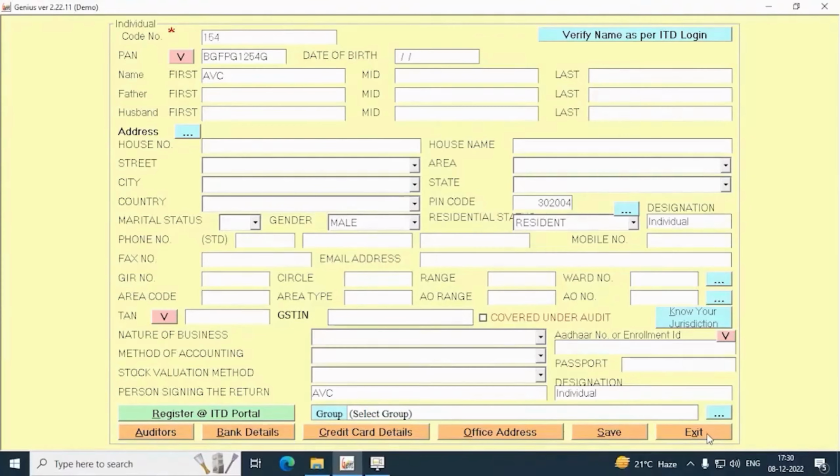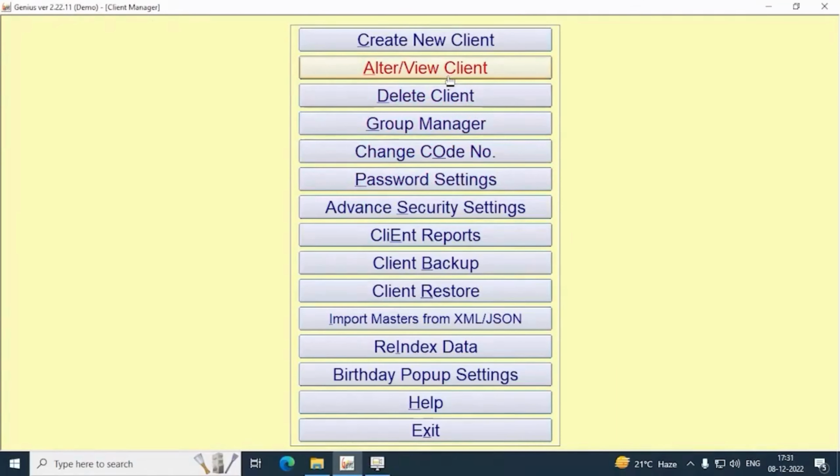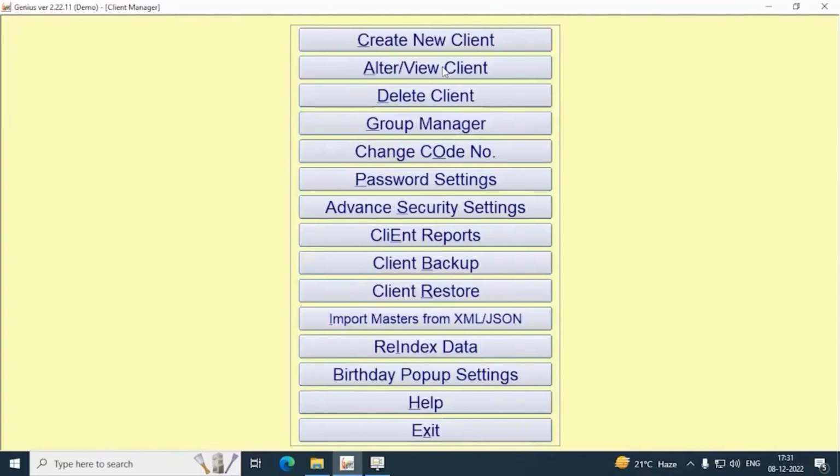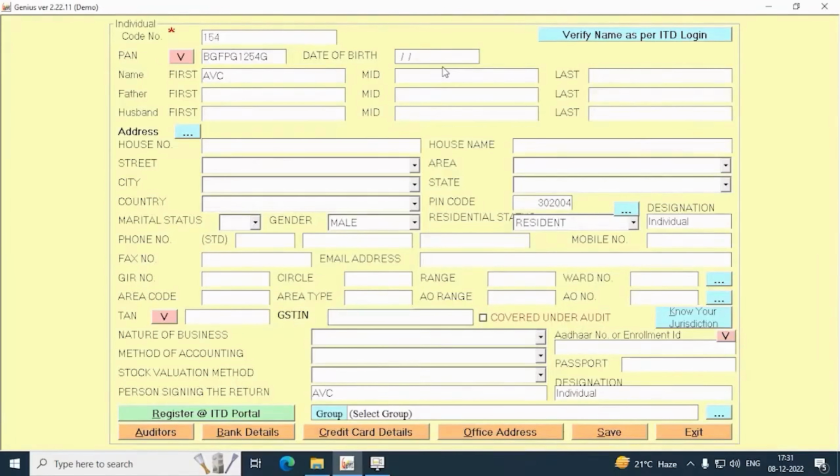After creating the client, if you got to know that you have missed some details or you have mentioned some wrong details of client, then you can alter this by going through alter view clients and choosing that particular client that you want to alter or view.